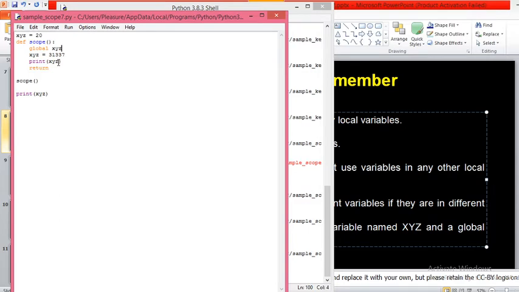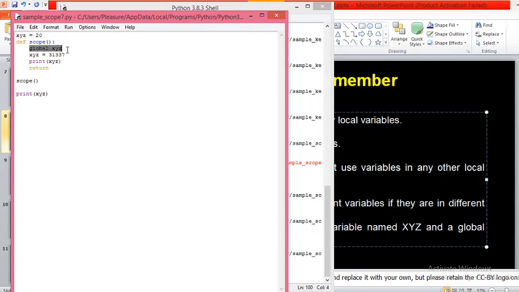Try to understand now. See, look at here. This is a global variable, right? If you want to use the same global variable within the function and modify it in the function, then you can use the global statement here.